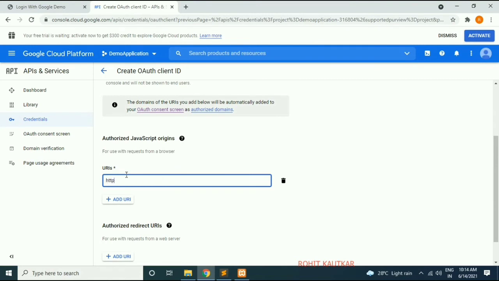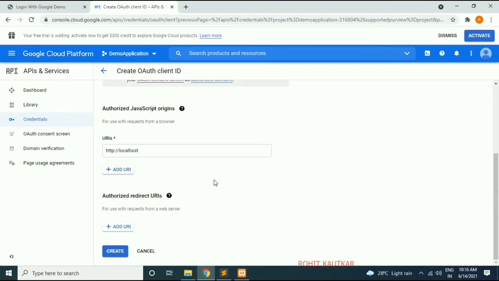So I will write here http://localhost. Friends, if you are using any port other than port number 80, then you must specify that port number here. Right now we are using localhost with port number 80, that's why we will not specify it here. Next to this we need to provide the authorized redirect URI.